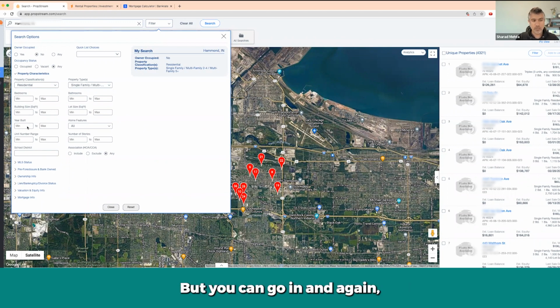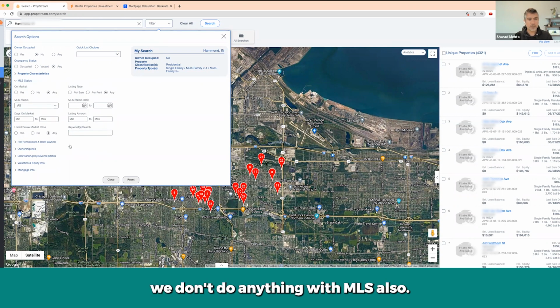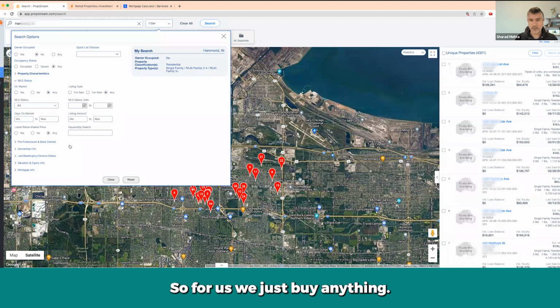But regardless of which data source you're using, you can find these search options in pretty much all of them. So it's up to you if you want to filter based on year built, other home features, and then the unit rates number. I don't do that. We don't do anything with MLS either. For us, we just buy anything. We don't filter it down based on the MLS, but you could do that if you were going after